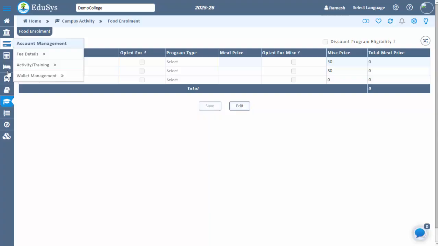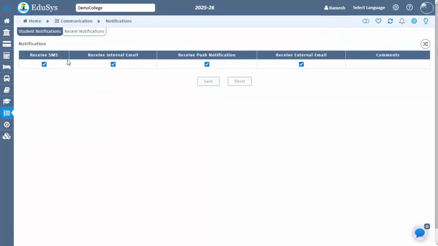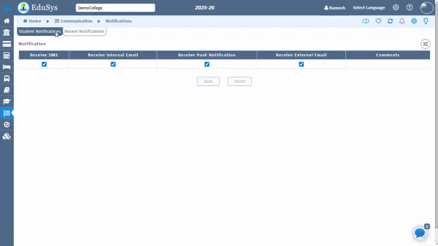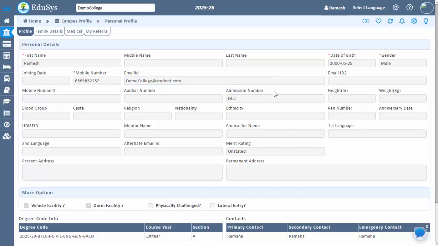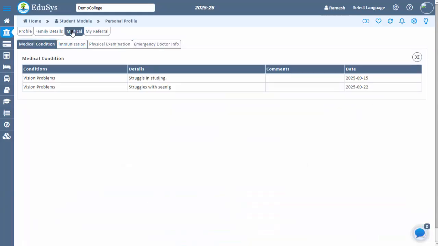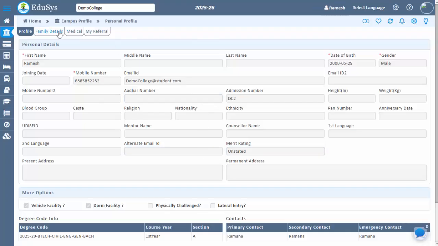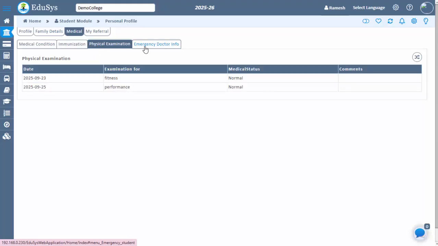Parent notification. By allowing parents to stay updated on the student's progress, behavior, and other important information, the student benefits from a support system at home that informs and can assist them with their needs. It also encourages accountability as parents are more aware of academic, financial, and behavior milestones. Personal profile. Ensuring that the health records and personal details are kept up to date guarantees that students are covered in case of medical emergencies. It also ensures that any critical information